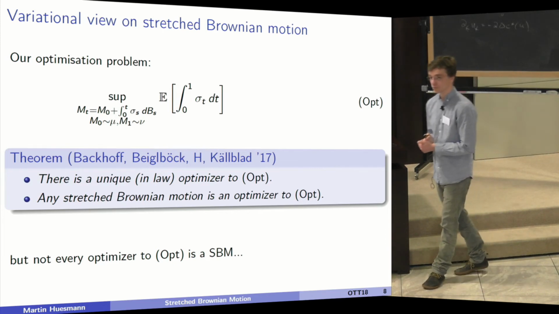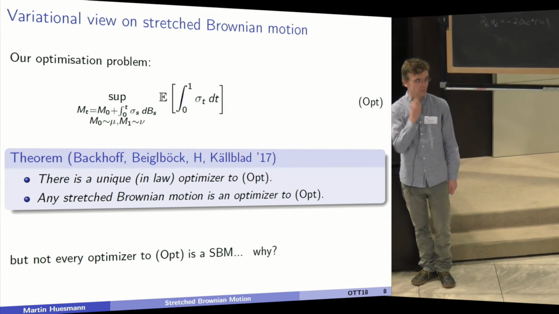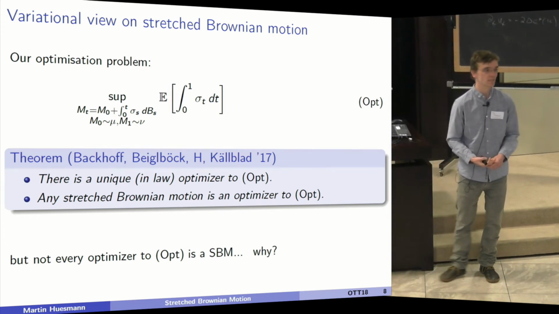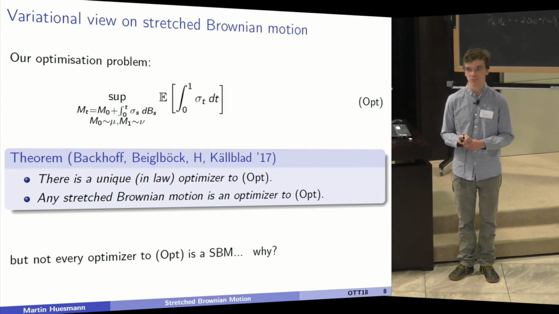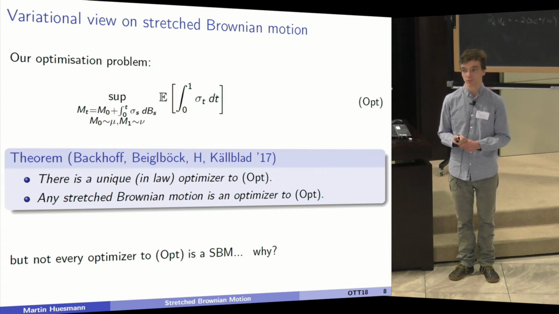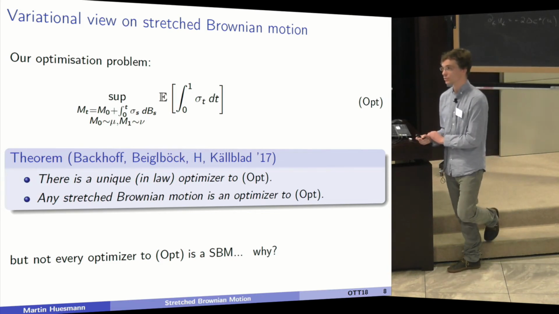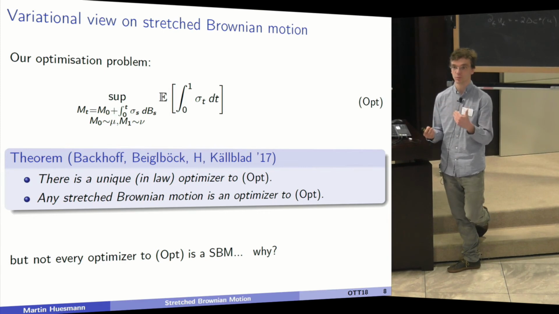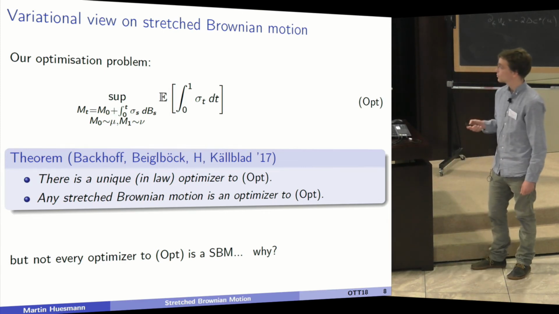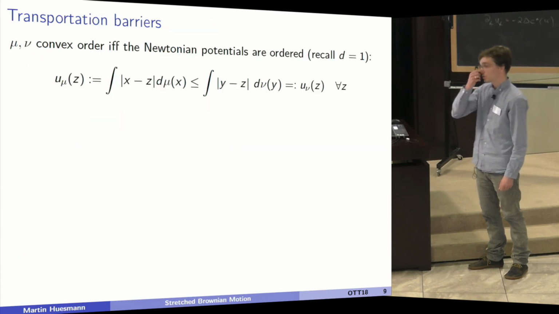The reason for this was already stated somewhat in Nassif's talk. It's a very peculiar and, I think, very interesting thing from martingale optimal transport. Opposed to classical transport, in martingale optimal transport there are certain regions which do not communicate with each other. So there's an additional freedom and an additional complication. The reason why not every optimizer is a stretched Brownian motion is precisely that there are certain barriers